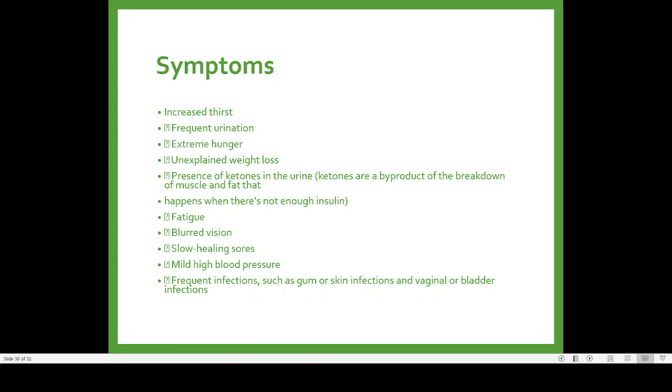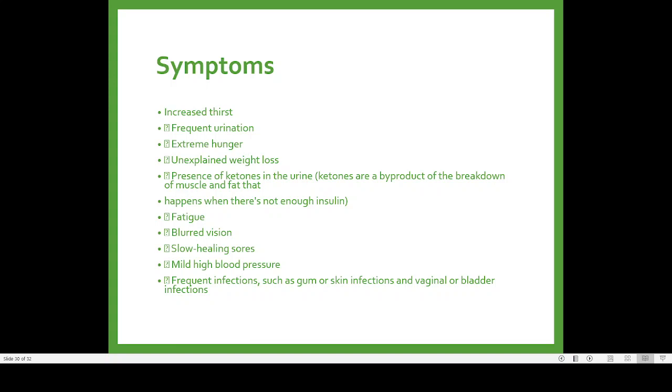Then there is slow healing of sores. In some people the blood sugar level may be normal, like 100. If it is going to 300 or 400, and there is some kind of injury or a wound in your body, the healing process may not be taking place. Even after 1 month, 2 months, or sometimes 6 months, the wound will be remaining like that. Every day you have to apply a bandage. You can see such people maybe among your relatives also.